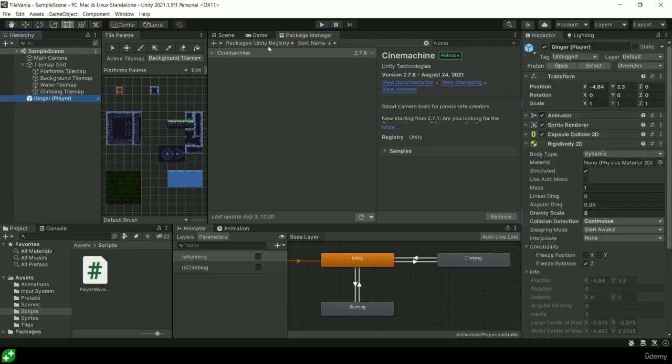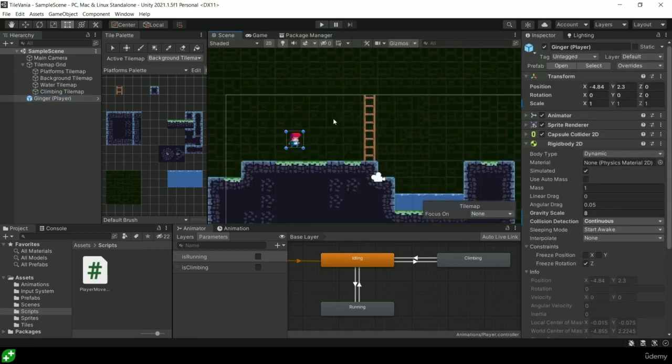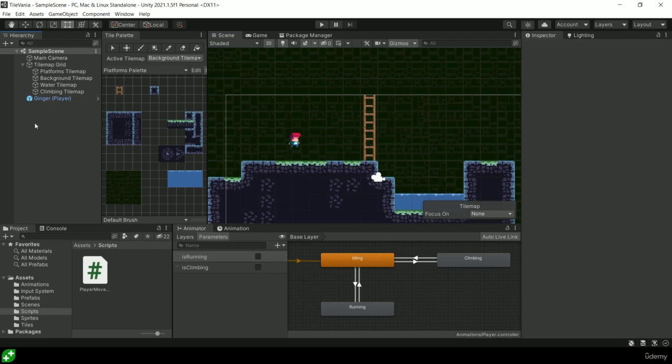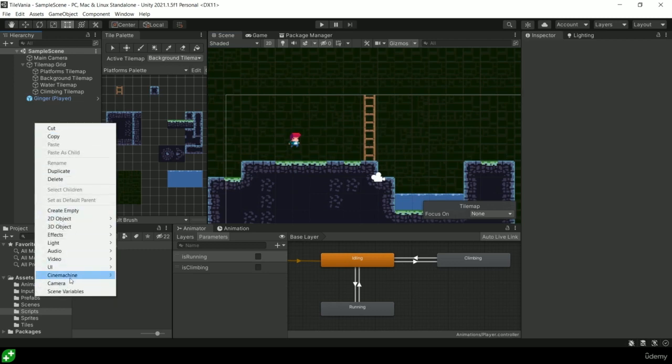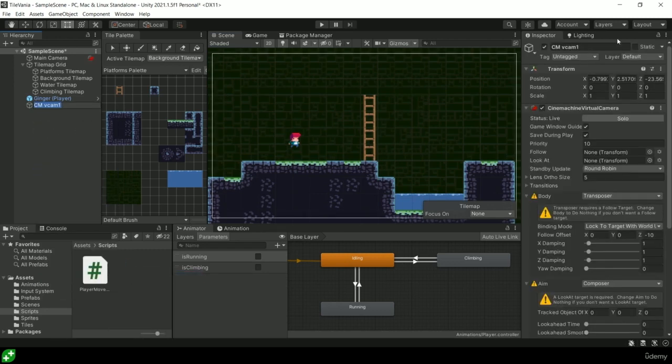I'm going to click back on my scene view so I can see what's happening. Now I'm going to right click in my hierarchy, create Cinemachine virtual camera. I'm going to rename this to be, say, follow camera. You can name yours whatever you like. I'm going to drag it so it sits generally underneath the main camera in that ballpark, not as a child,